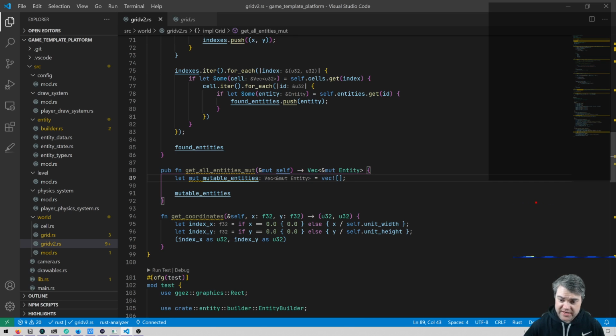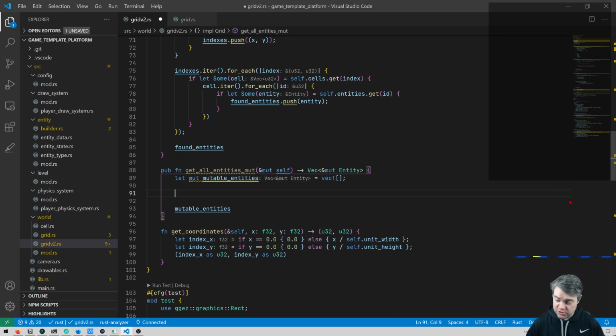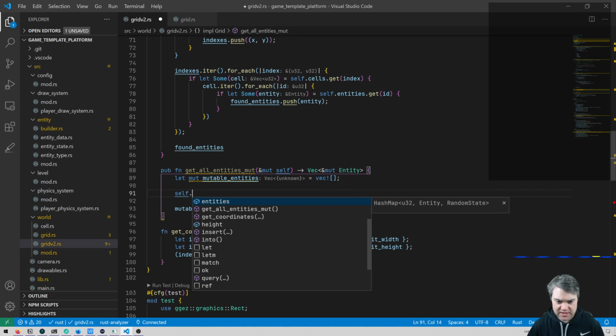So next up, we need to loop through and find the. Well, is that true? Not really, because if I need to get just all of the entities, I don't need to look at the grid part that has the IDs at all. I just need to go straight to the entities and just say like, hey, just give me everything that's mutable. And so we can iterate through that and then push these in as we get them out. I think that works. So we can do self dot